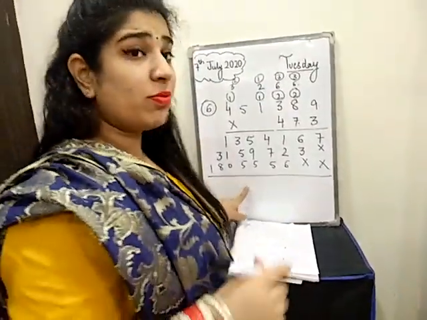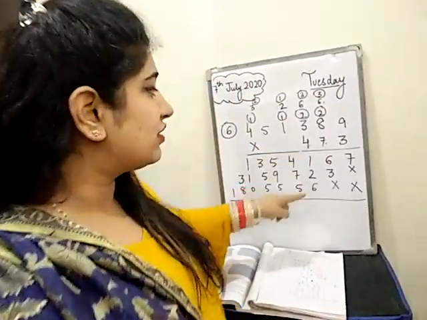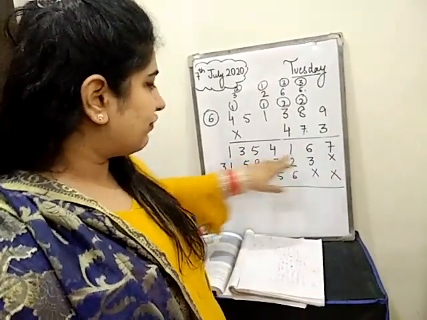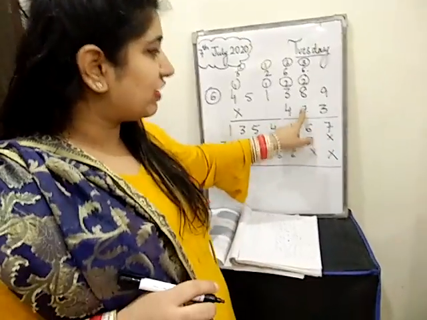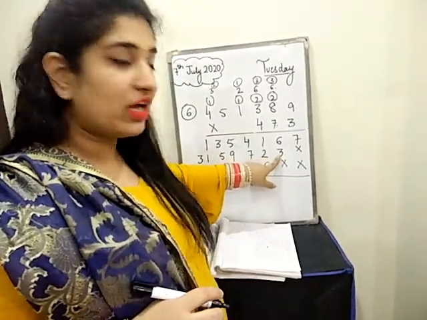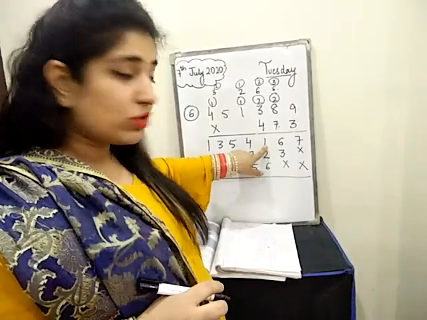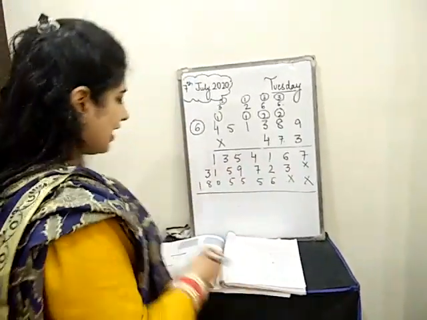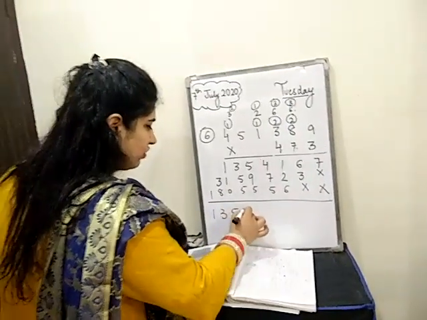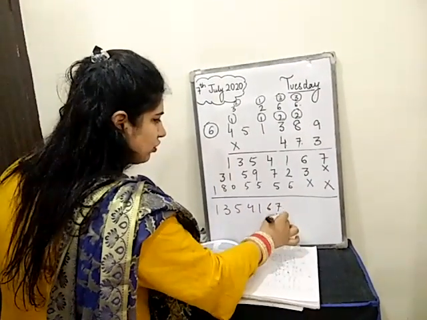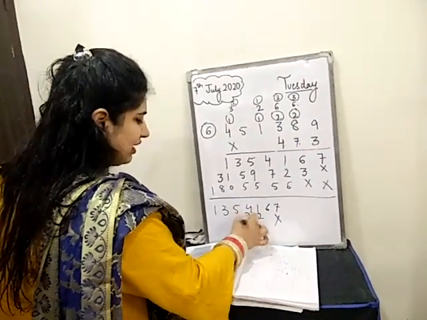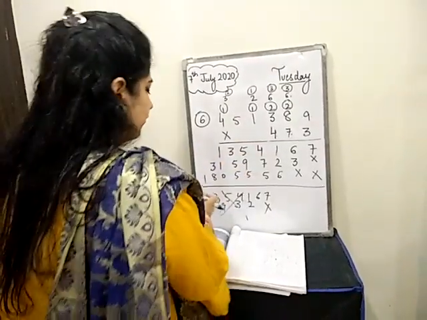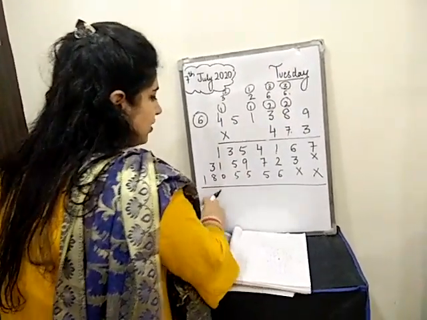See, you must have observed one more thing. When I am writing the digits, I am writing exactly downside of it. When I have written this number and when I have multiplied this, exactly downside of it I have written 3. Exactly downside of 1 I have written 2. So you have to take care of this thing. You will not write anywhere randomly. Exactly downside of the particular digit you have to write the other digit.